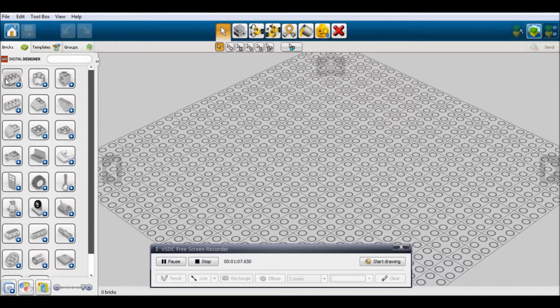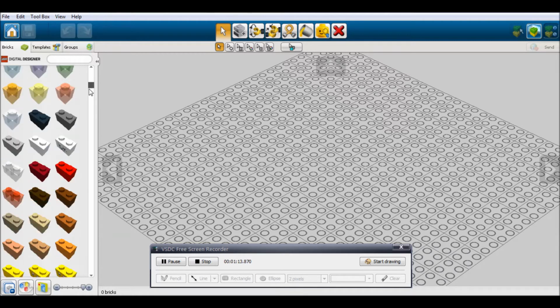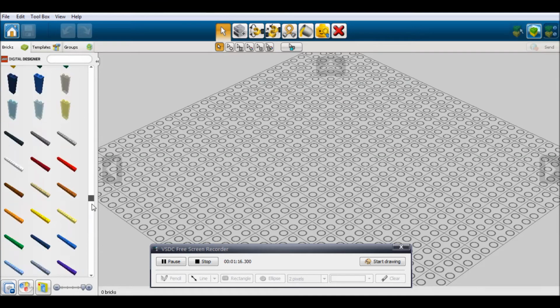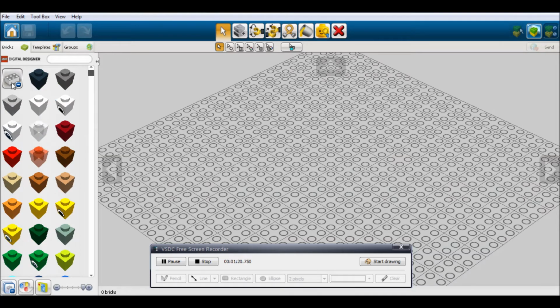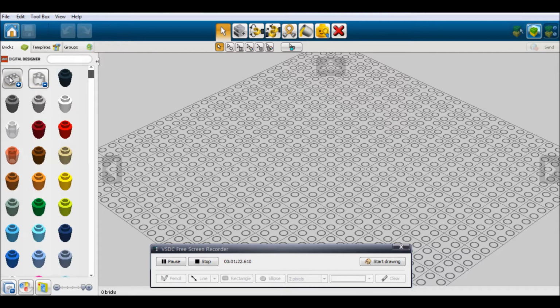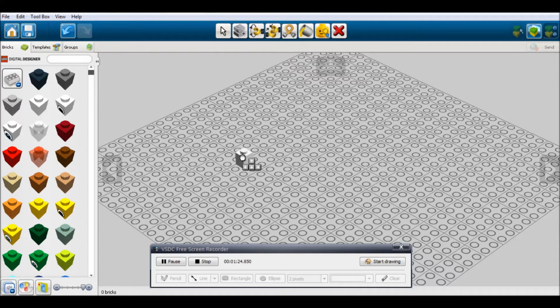Now let's take a look at the bricks, and you can see that there is a very wide variety of bricks ranging from bricks, pieces, angulars, etc. Now I am opening bricks, so you can see how many different types of bricks are here. There will be at least 100 to 150 like that. Now we are just choosing some bricks so that I can show you some other basic functions. So I am just building a small shapeless structure.